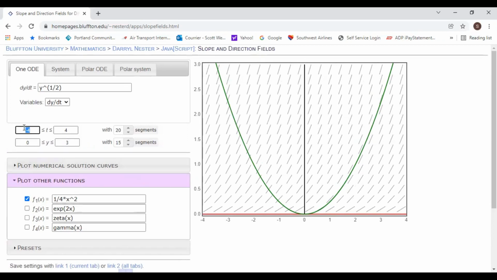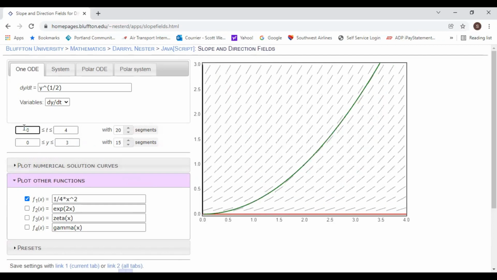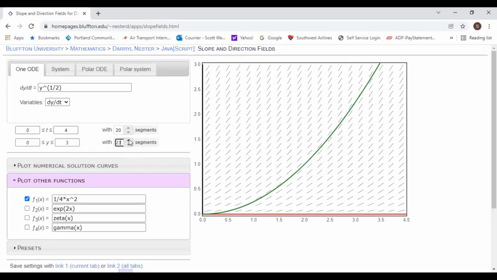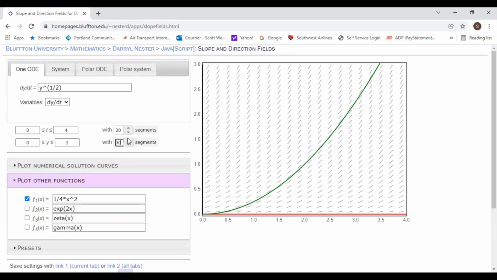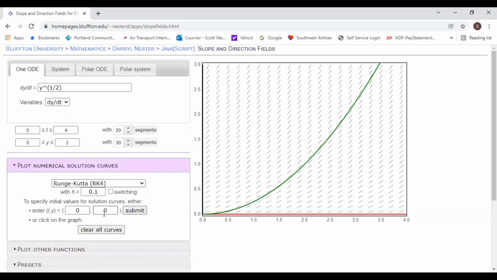So if we cut our t off at 0 here to match our particular initial condition, you can see that both of these curves seem fine. The one at y equals 0, we can't really see the slope field that well down at that level, but we can certainly believe that if we could see those line segments, they would, yeah. So we can see along the t-axis here that